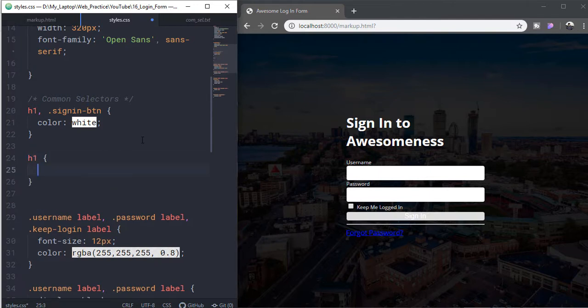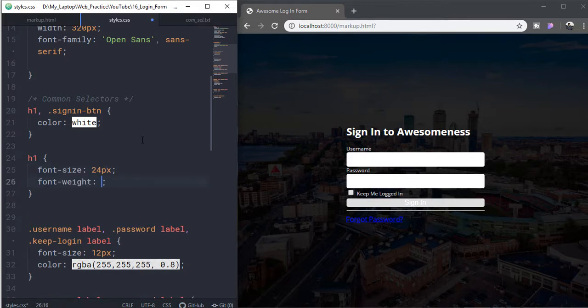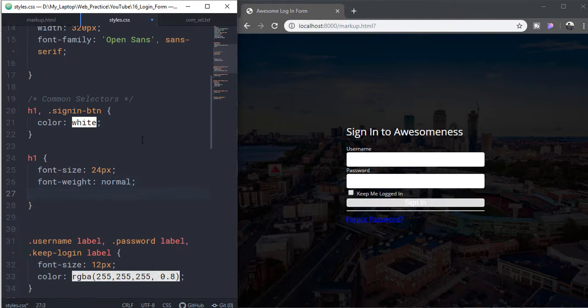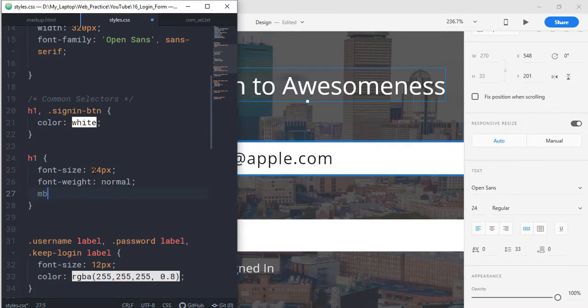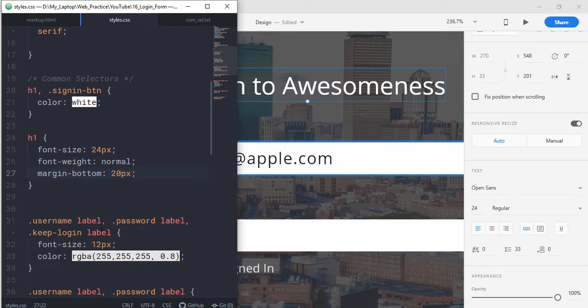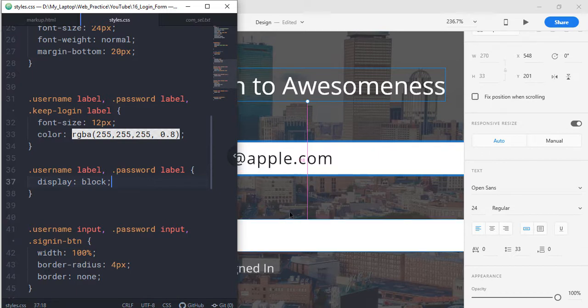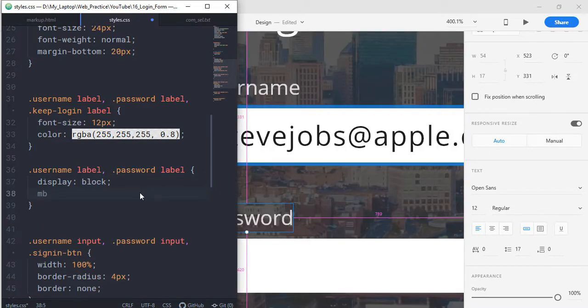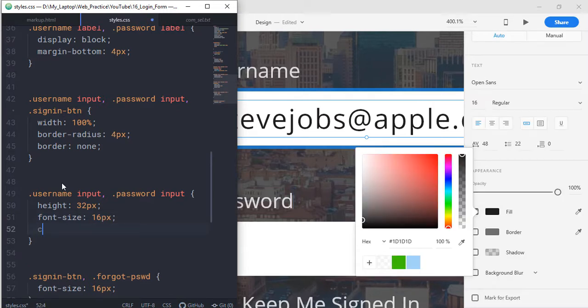So for H1 we are going to set the font size to 24 pixels and font weight to normal, and we are going to have a margin bottom of 20 pixels. And for these labels, so username label and password label, let's say margin bottom of 4 pixels here, font size 16 pixels. So let's set that color to